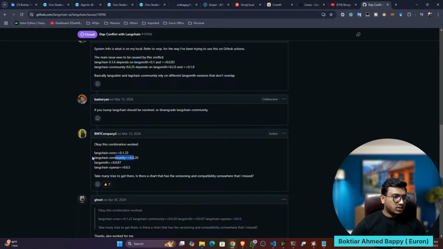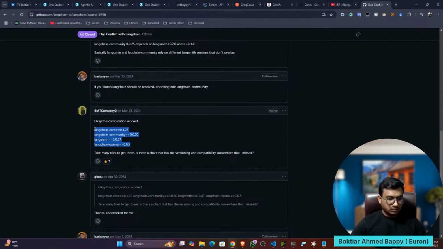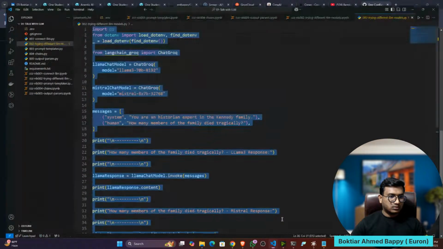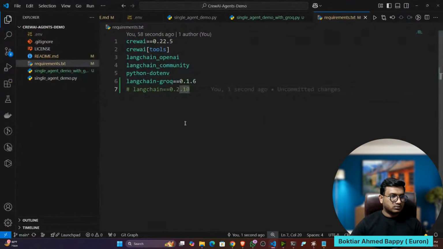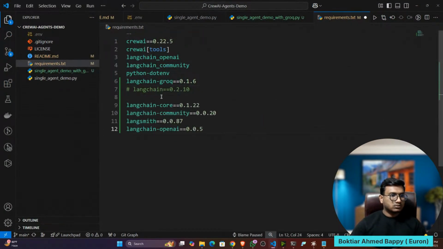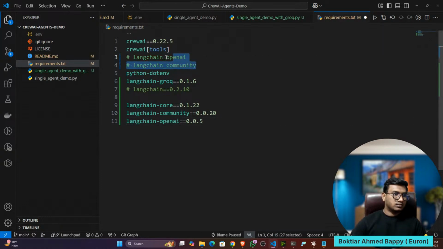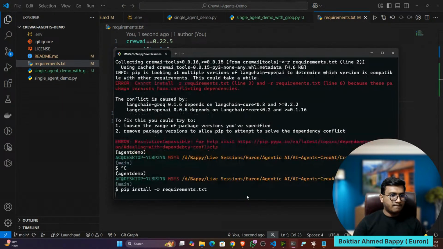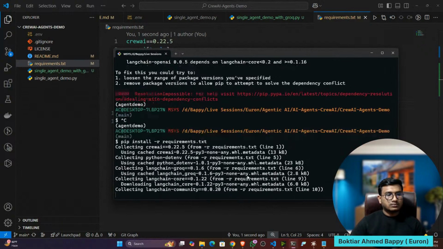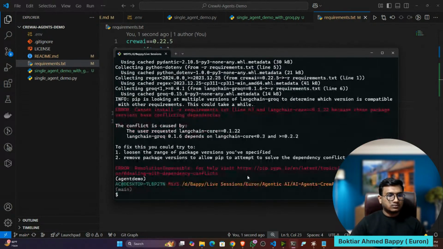Langchain core, Langchain community, OpenAI. Langsmith, I don't need. Langchain OpenAI, it's fine. And the rest I can comment. Now let's try. Again, dependency issue.